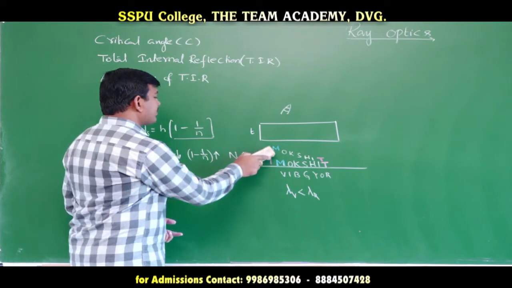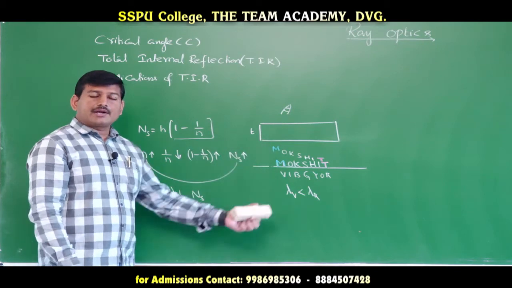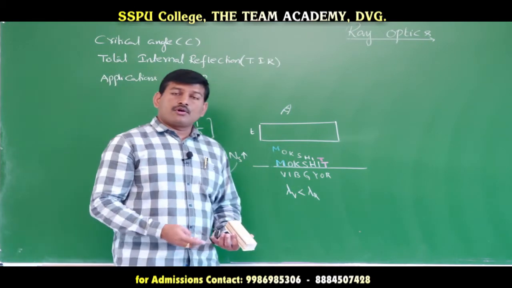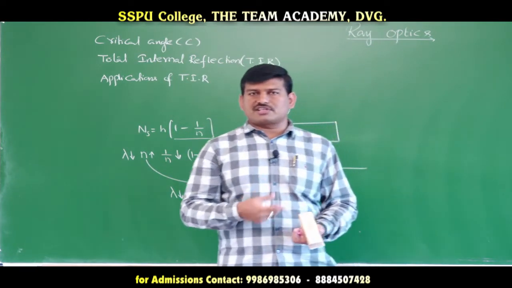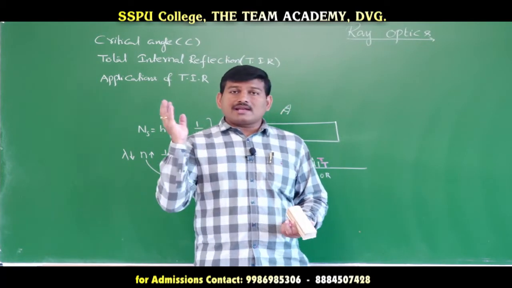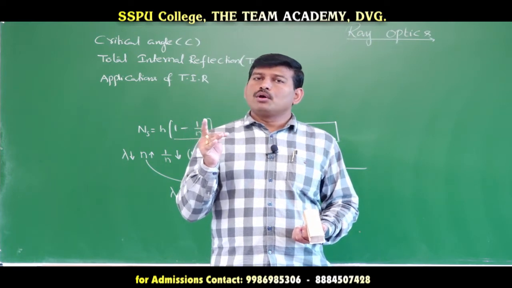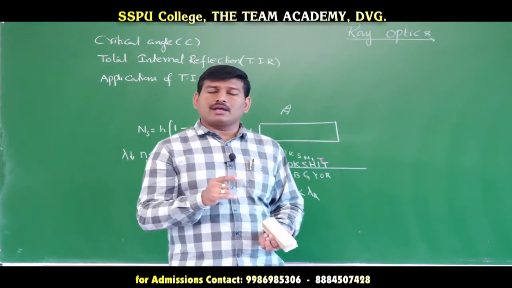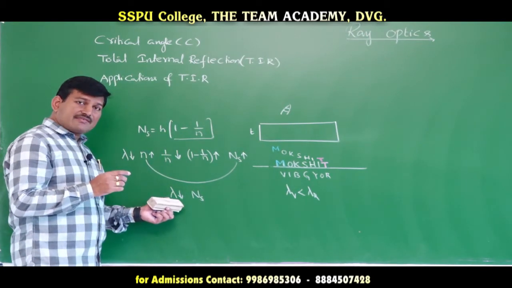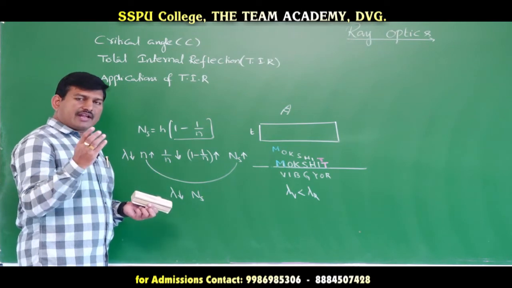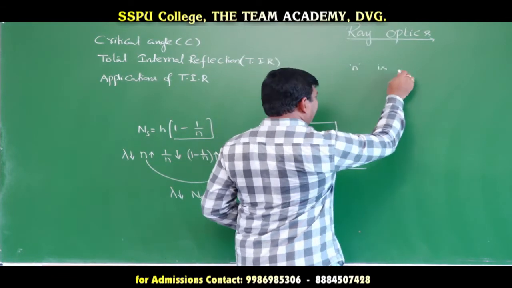That means violet color is shifted more. That means normal shift is more for which color? Violet color, and normal shift is less for which color? Red color. Not only normal shift, even we studied in the previous class that lateral shift is more for which color? Violet color. So violet color deviates more, violet color will have more lateral shift, violet color will have more normal shift. Okay. And refractive index is more for violet color. The less the wavelength, the more will be the refractive index.